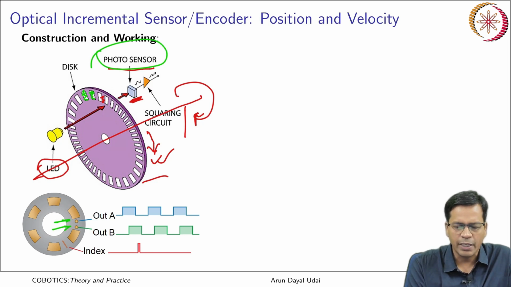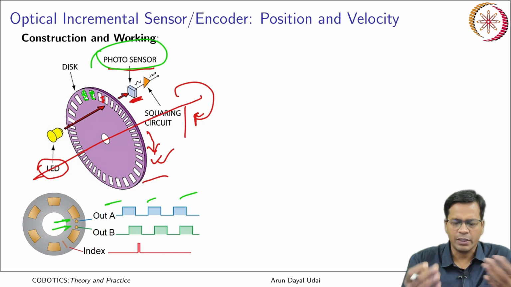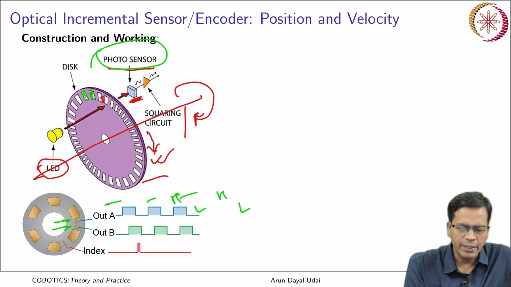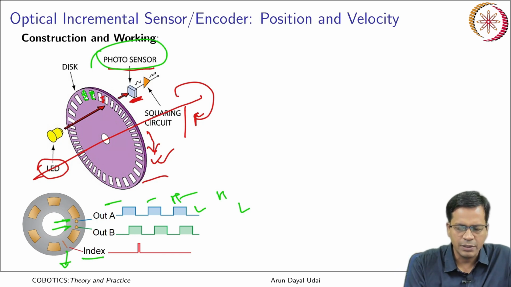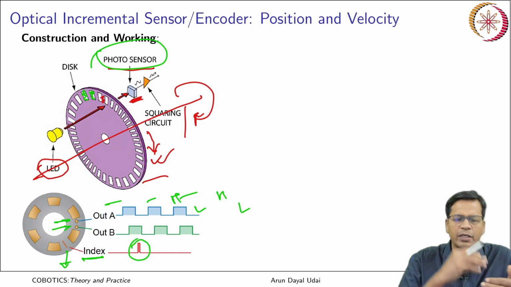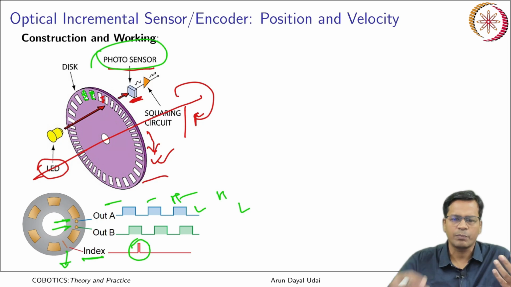So each one of them can give us a square wave output, that is high and low signal. As the wheel rotates, you get a continuous signal which is high and low. So this is high, this is low, high and low, that will continue. Okay, and there is a slot which is a very small window, and that is used as an indexing. So for every complete one rotation, this index will pass and you will get a small high signal only. So with this you can count how many turns it has completed.